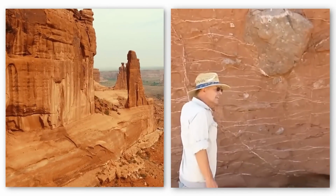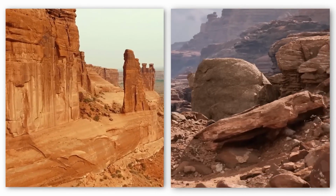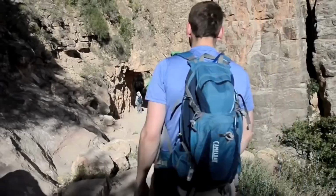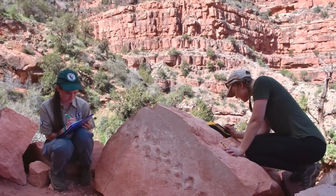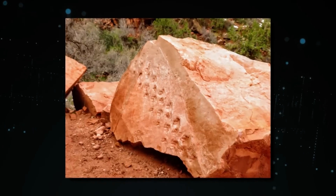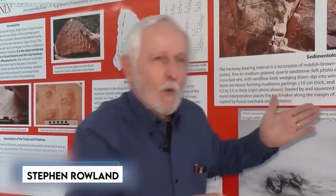The discovery of the life form began when a massive rock tumbled down from a towering cliff, revealing some markings. Alan Krill, a geologist, was on a hiking trip with his student. As he moved along the Grand Canyon National Park's Bright Angel Trail, his keen eye spotted an unusual rock with distinct marks that seemed like footprints. An intrigued Krill took some pictures of these markings and sent them to his old friend and colleague Stephen Rowland,